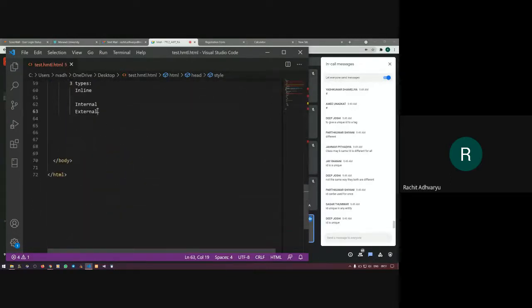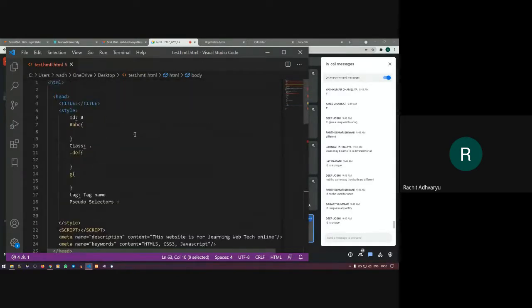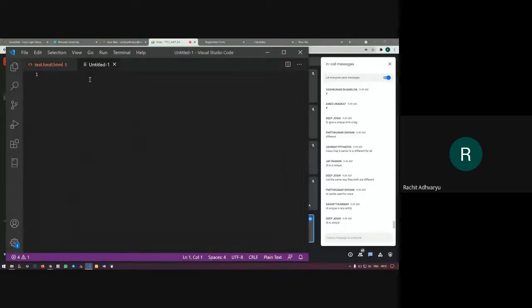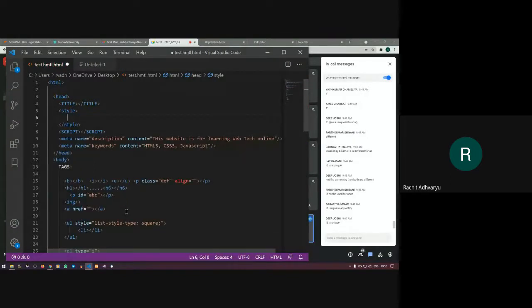Now, if I'm using external CSS, then I will be creating all the IDs and classes in a different page. Let's say I'll create it here, and then I will save that particular page with the .css extension. Now I want to link it. So what is the syntax? I want to link that particular CSS file, let's say abc.css. What is the syntax to link that CSS file to my web page? Give me the complete syntax.